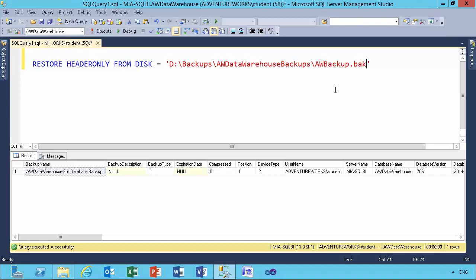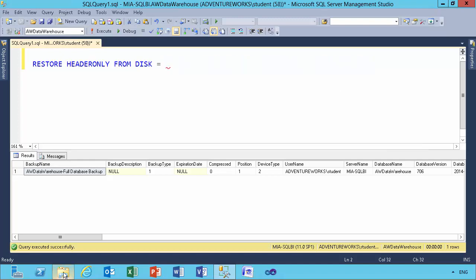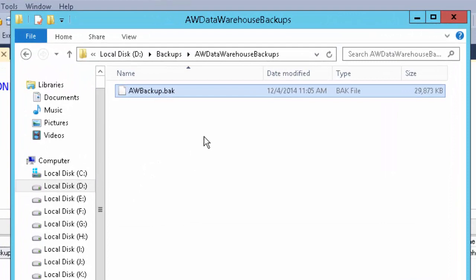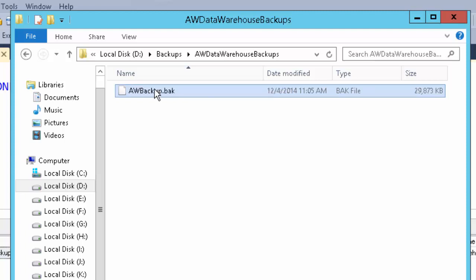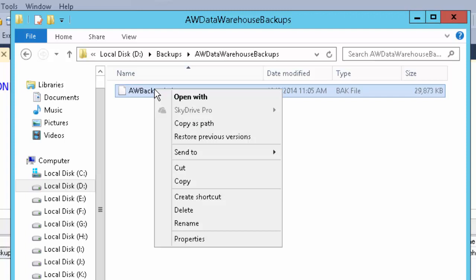But on Bob's blog, the solution that he came up with is much quicker and much easier. So let's back this up. Go back here, and from this folder that's got my backup file, what I'll do is I'll right click. Now if I just right click, I'm not going to see anything particularly useful from just a standard right click. The trick, the key to this is holding down the shift key while you right click,